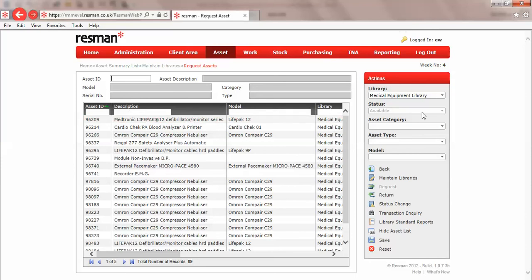I could use the built-in filters here for status, asset ID, asset type and model,